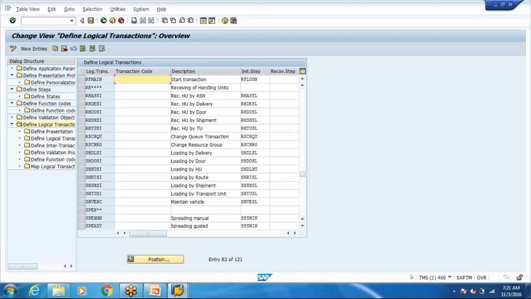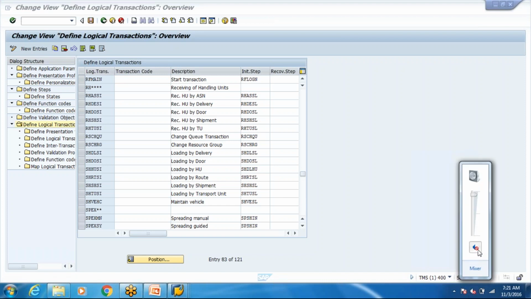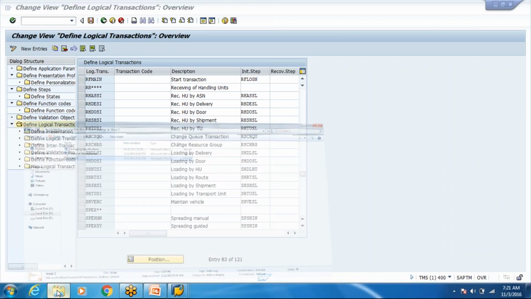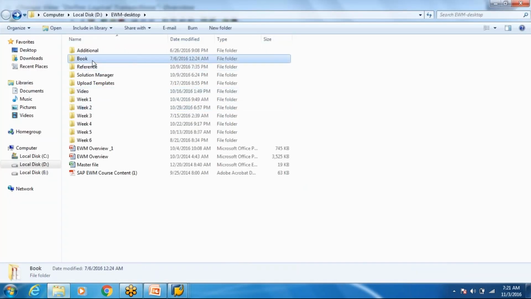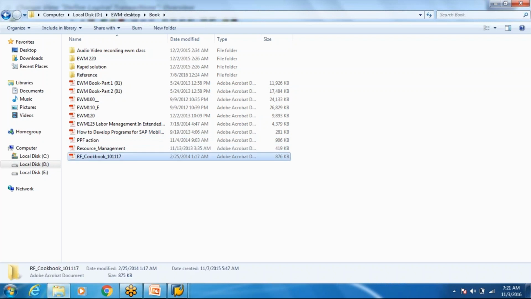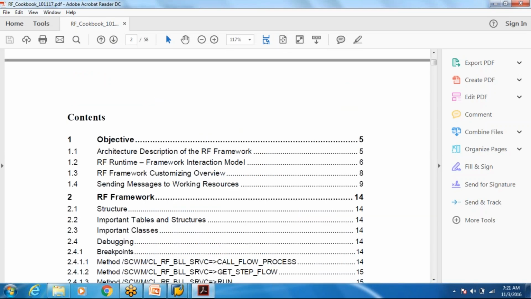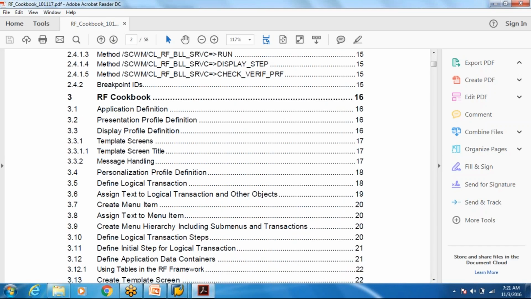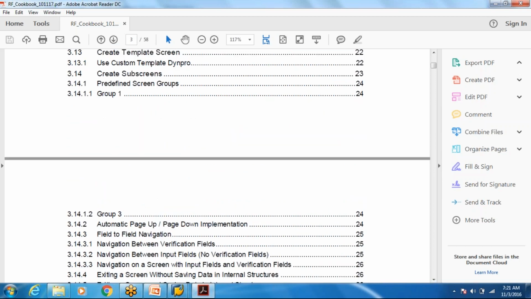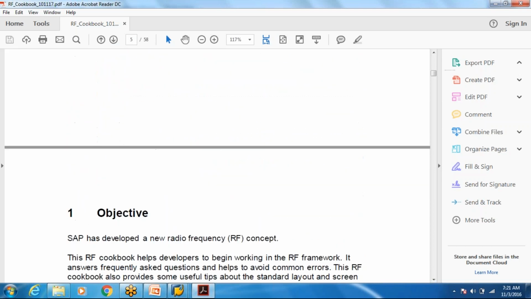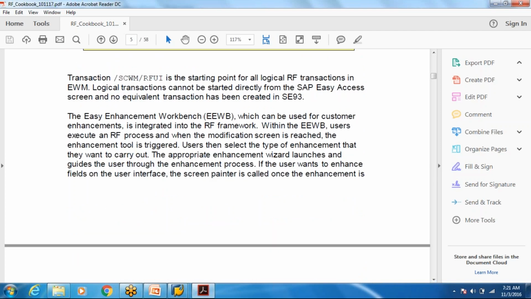After you copy, then you change your function modules wherever you want to change the way it is processing for the standard, okay. I have a book here which I'll share with you. It's for technical guys mostly, but if you're discussing with any ABAPer and you share this book with them, they will quickly understand everything on how the configuration and the coding is done on the RF side.